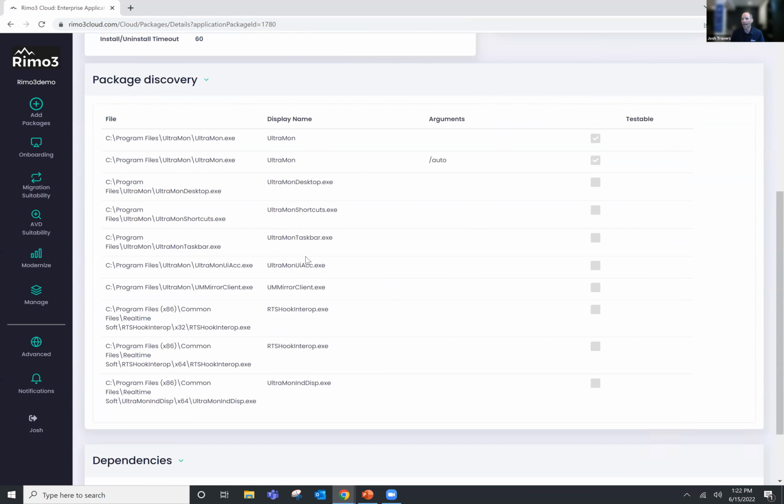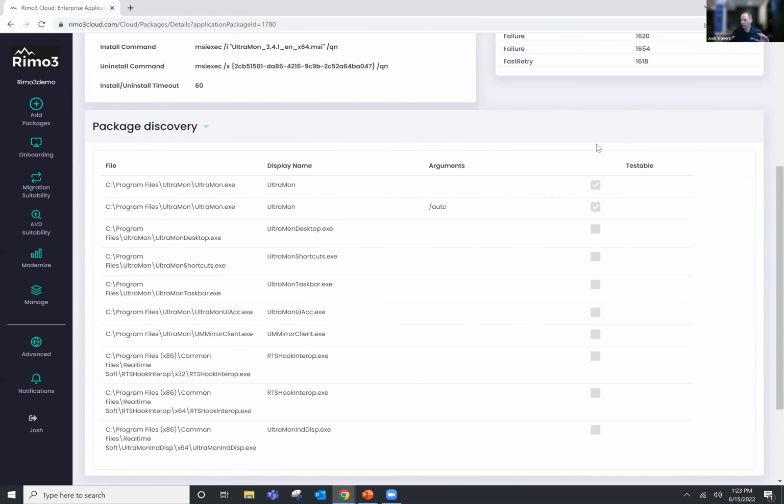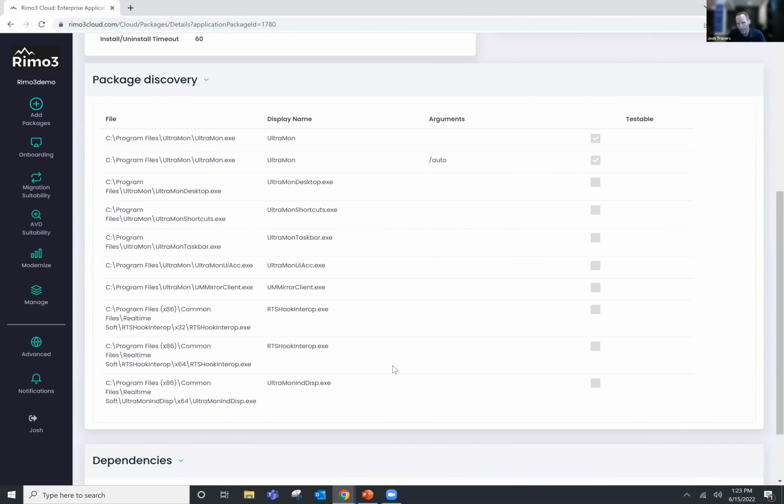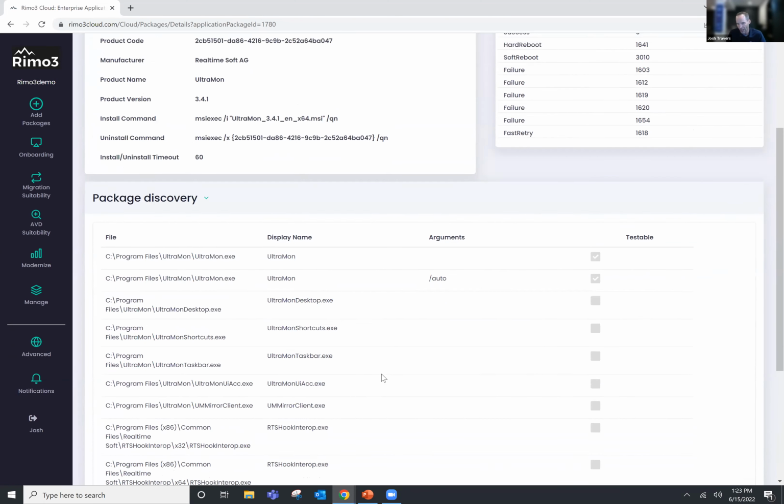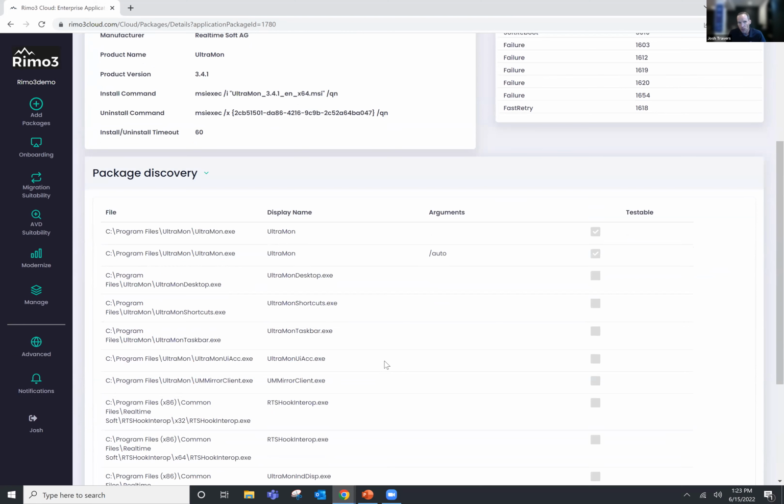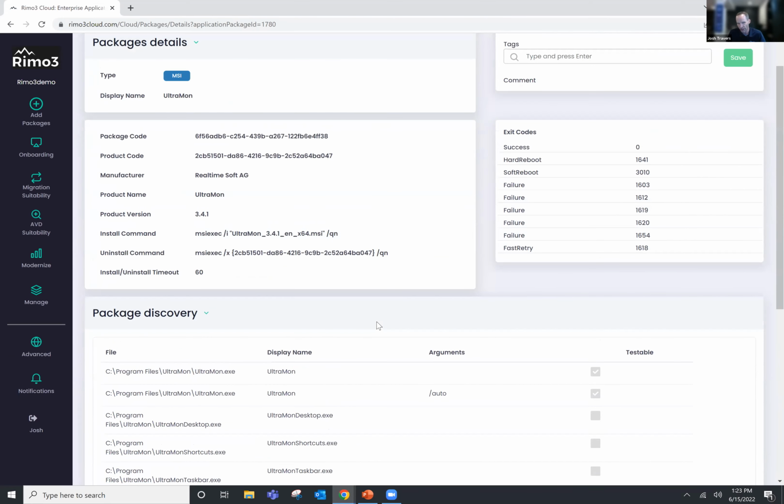These are the core executables, the shortcuts that have been added to launch those executables. Once those executables launch, we're capturing the child processes that get spawned as a result of those executables launching, and then any other service information or registry updates that might be vital for that application's functionality. So again, this is the Rimo3 discovery process, and this is the first stage of building the intelligence in that